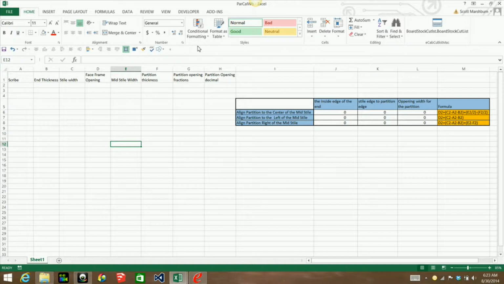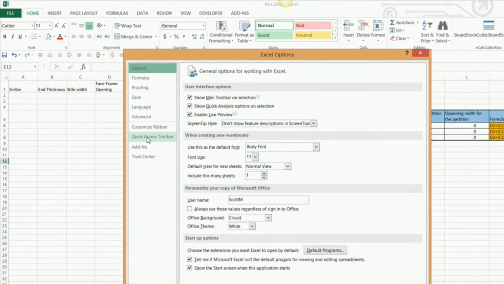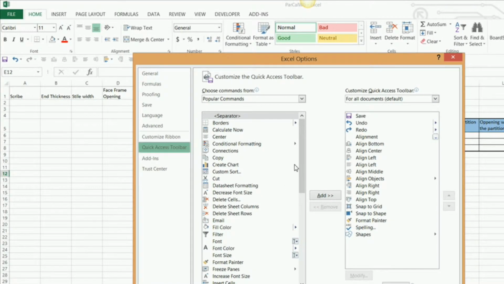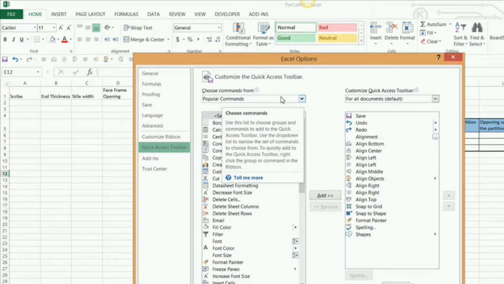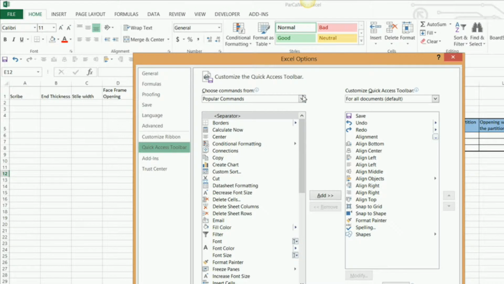Quick Access toolbar, it's basically the same way. You go File, Options, and then you click on Quick Access toolbar, and under here you can see all the stuff that I have on my Quick Access toolbar. For example, if you want to put the Align Objects tool in here, you need to find your alignment tools. Right now we're under popular commands, so evidently alignment tools are not all that popular, so we're